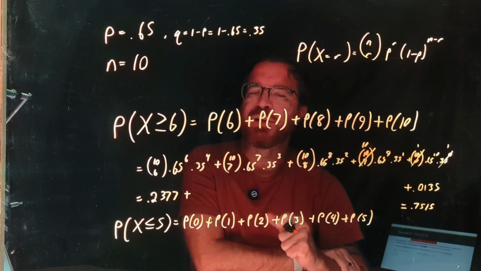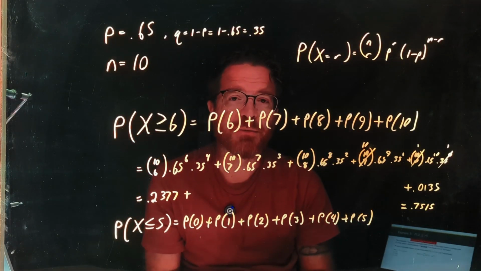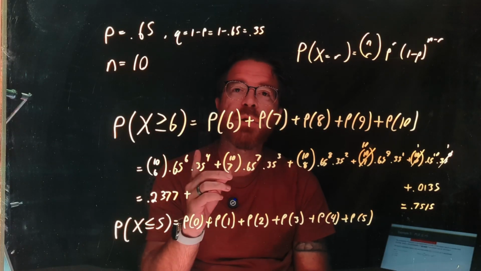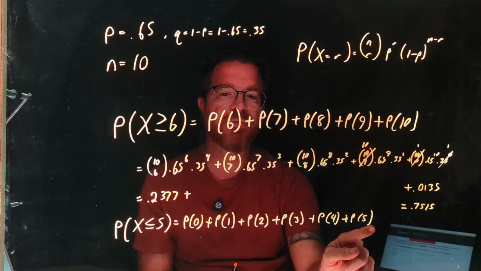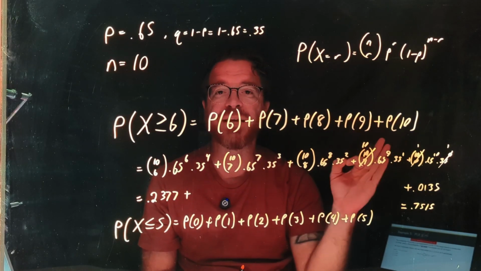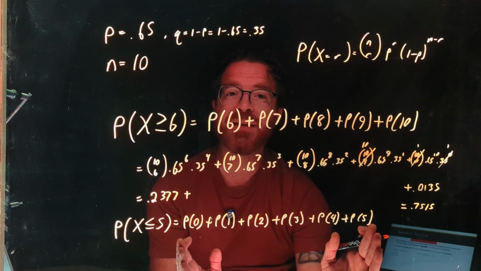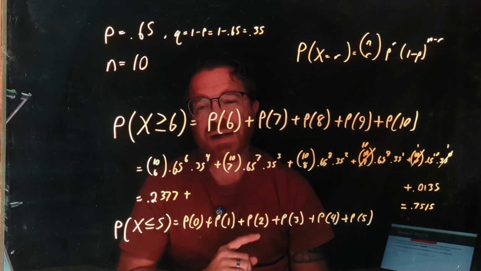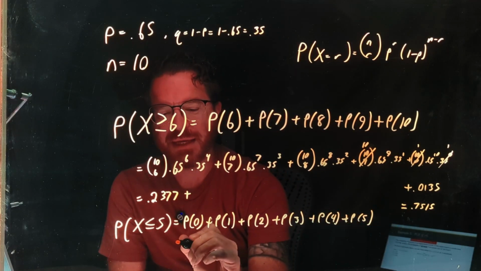But what I actually am going to do is use a trick because of the fact that, what do I know about my discrete probability distribution? All of the probabilities must sum up to 1. Well, if we look at all these probabilities, probability of 0, 1, 2, 3, 4, 5, 6, 7, 8, 9, 10, the probabilities from 0 to 10 account for all of the probabilities. So if you actually notice, this is everything that was not included in this prior example, meaning that I could actually rewrite this probability. Instead of being probability of 0, 1, 2, 3, 4, and 5, this is the same thing as saying